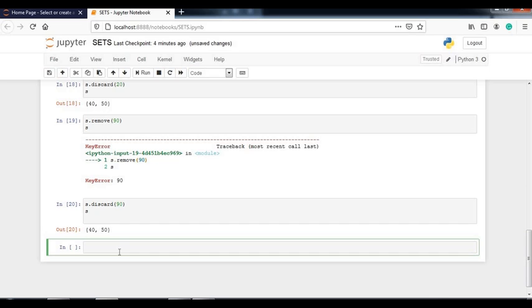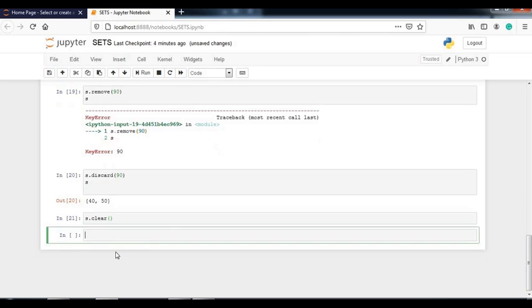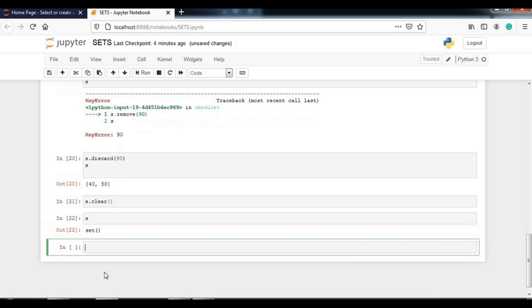Okay, so now move to next. The clear method is used to clear all the elements in a set. If you want to clear all the data of your set, then simply use clear. It will clear all the elements, but the set is present. An empty set is present. Okay, so